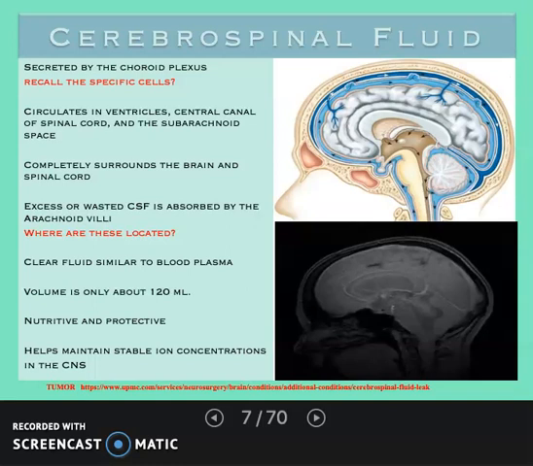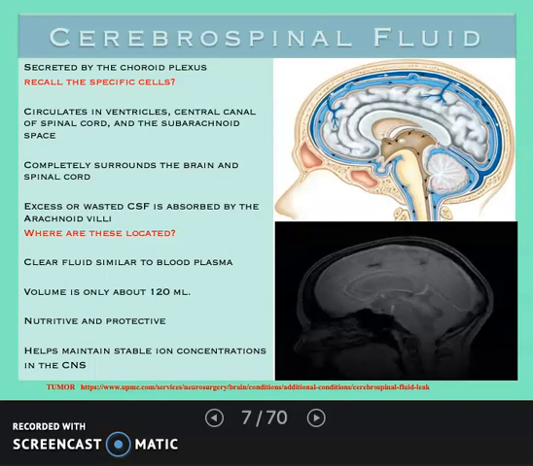So again, the ependyma secretes cerebrospinal fluid. The cerebrospinal fluid circulates around the brain, and of course it travels down into the spinal cord. It's a clear fluid similar to blood plasma. In fact, it sort of arises through the choroid plexus as an exudate of the cerebral vascular blood supply,